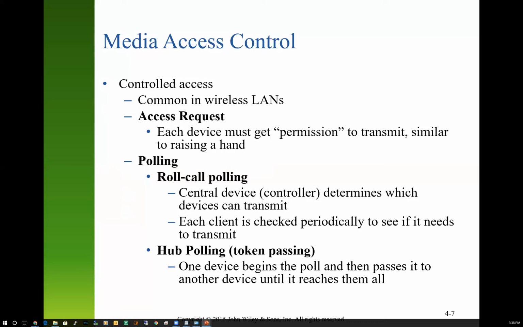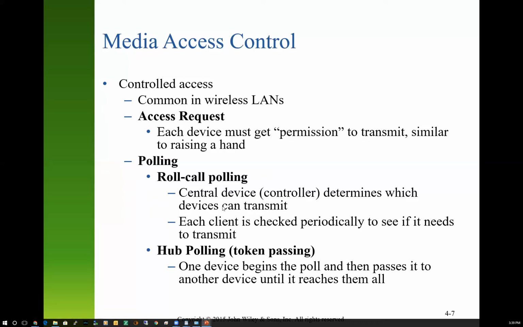When you want to send a signal to the wireless access point on the ceiling, your computer raises its hand, says, hey, I've got some data to send. And the wireless access point says, okay, I'm busy with somebody else's transmission. Give me a second. Okay, I'm done. What do you want to say? Oh, you've got a frame of information. Good, I'll receive that frame. By the way, PDU, protocol data unit at this layer, is called a frame, not a packet, a frame. I'll receive your frame of data. Okay, looks good. Let me pass that on. Gets it from the next guy. So that's how wireless networking works.